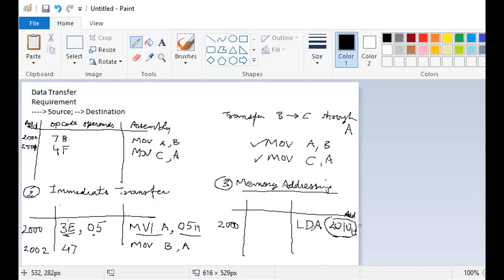And the instruction LDA is again a 1 byte instruction. So when you look at the table, you find that the code for LDA is 3A.